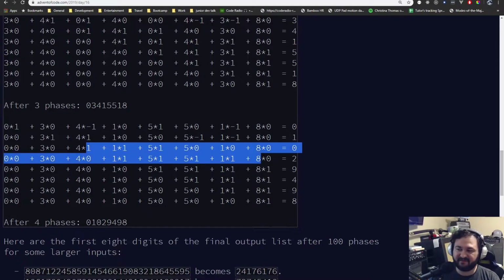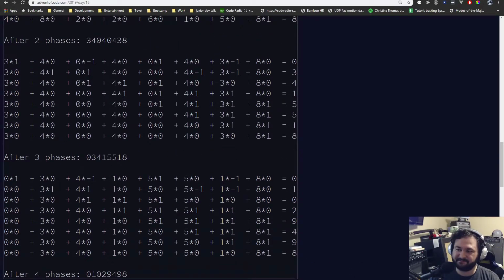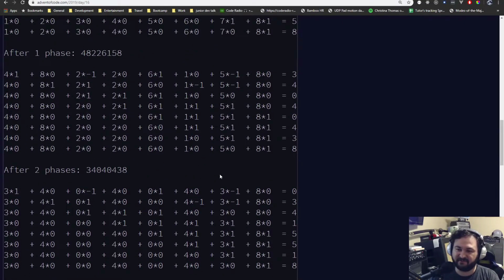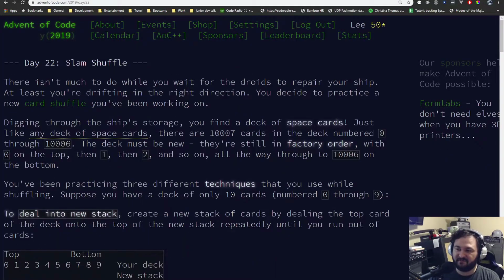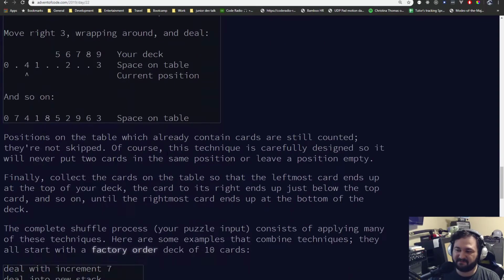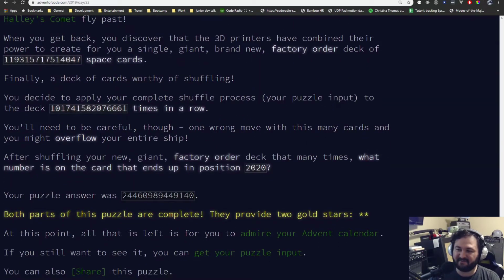So this was another math one. Not really any particular branch of math because it's all just addition and whatnot. It's more of a pattern recognition thing. But day 22 is the deck of cards problem. The numbers that they give you are massive, and so you have to know modular arithmetic to do this. I've used modulo as a developer, but I've never really had to do anything complex with it.